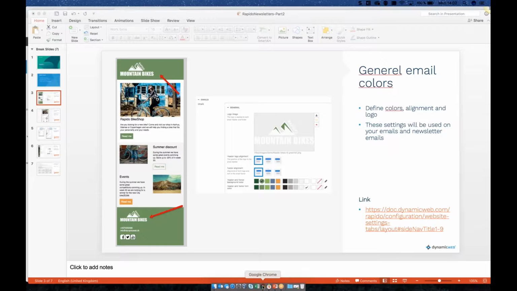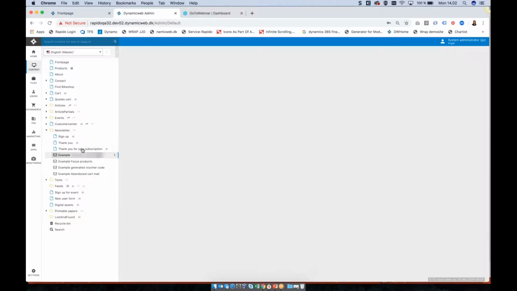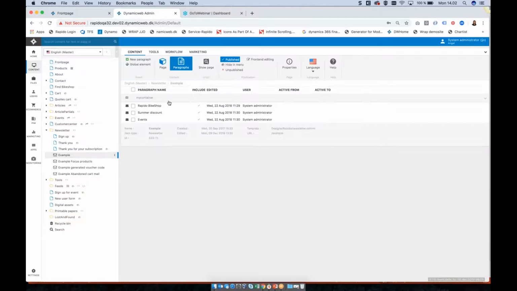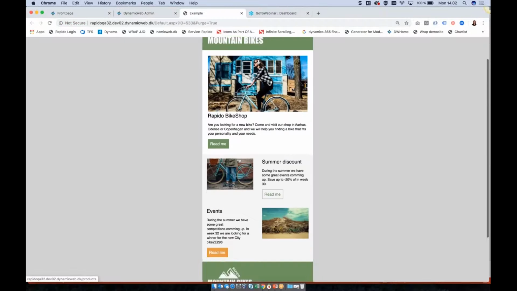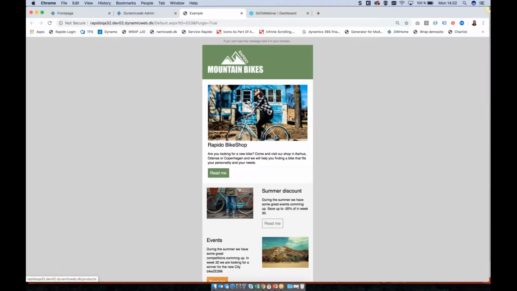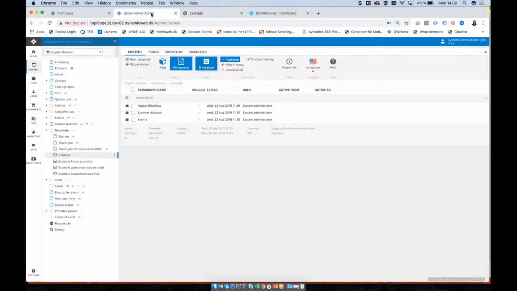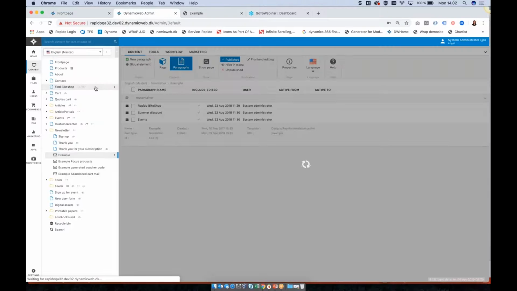So what you do is that you can first open up our newsletter email, for example. I have an example here under the newsletter folder. Let's just take this one. As you see here, I have a newsletter email. I have a top and I have a bottom as well. So if you go to website settings in the three dots here and click edit,